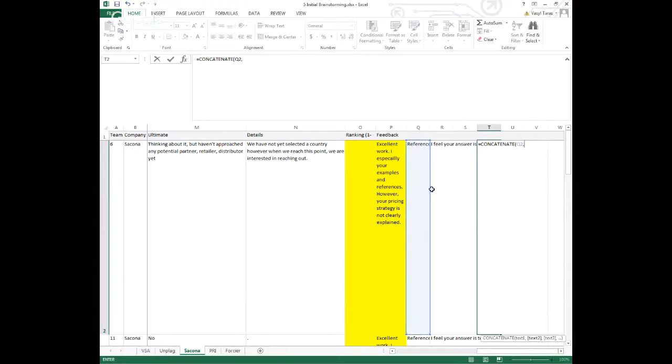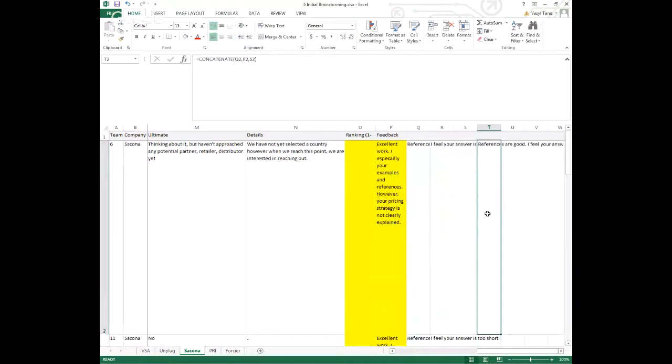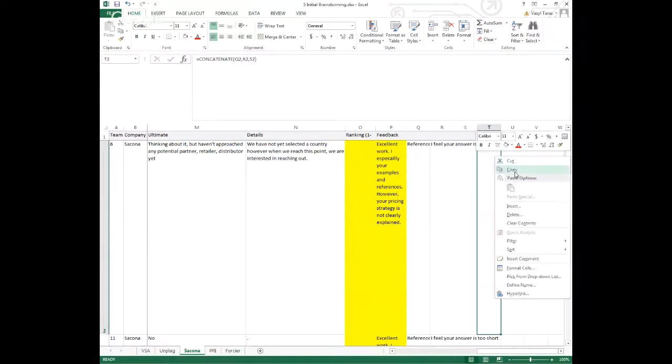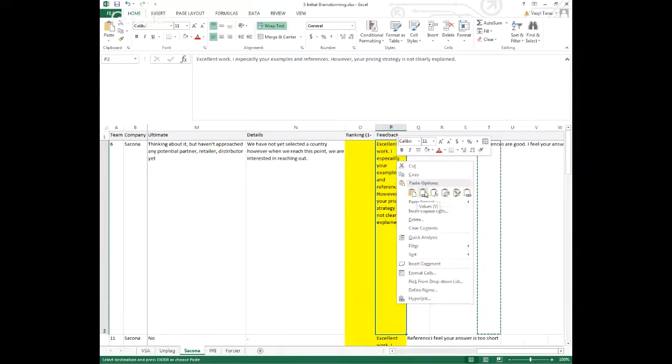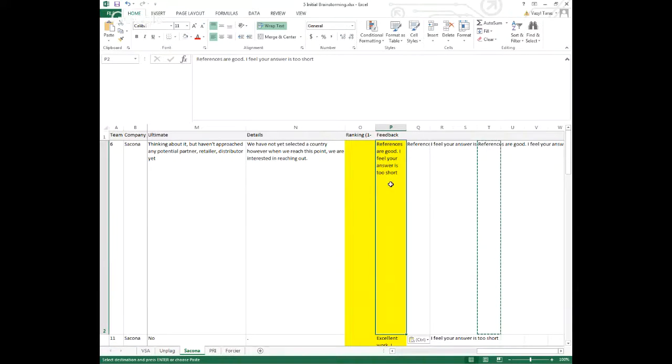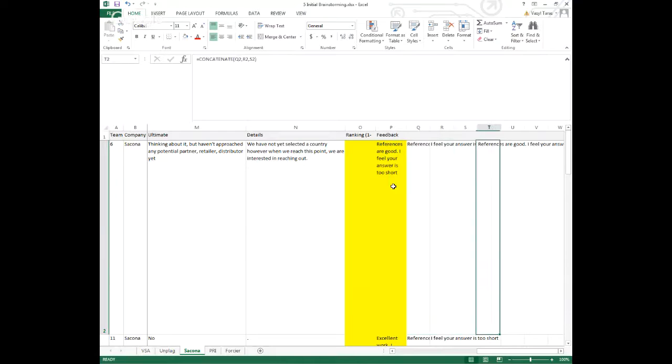Concatenate this one, and this one. Yeah, so see, it kind of merged all of those together, and so now you have one very long answer, all of those combined, and then you can copy it. So right-click, copy, and just put that feedback in one common column as values, and so you have this very long combined feedback right there. So everything is there, right?